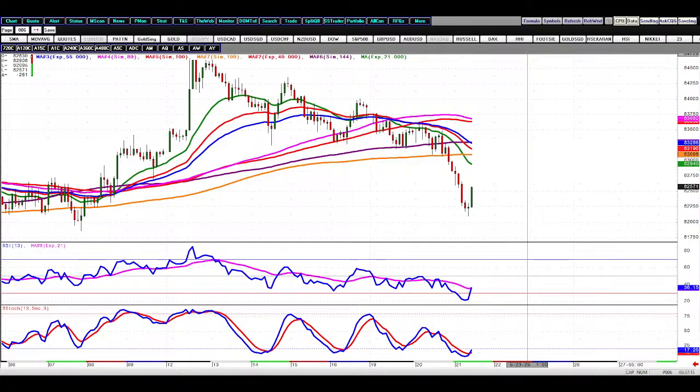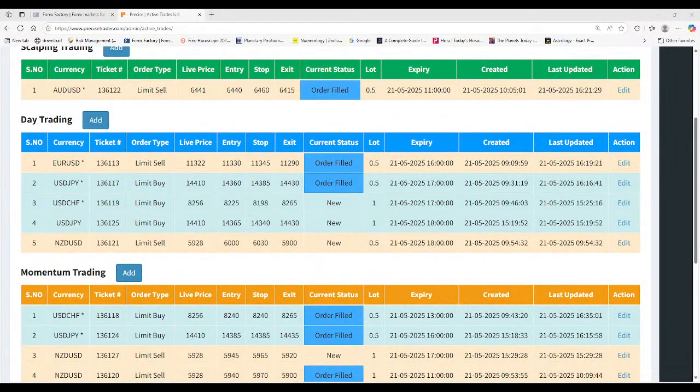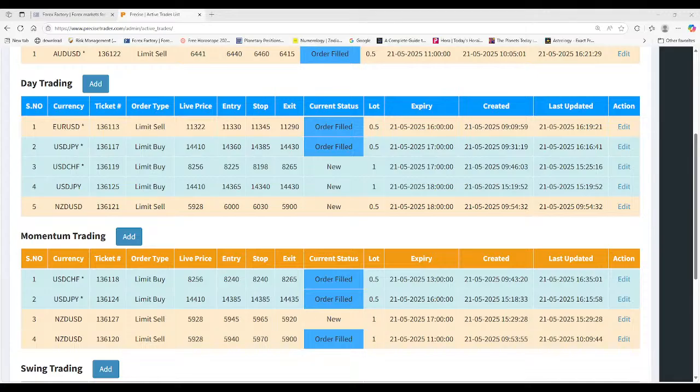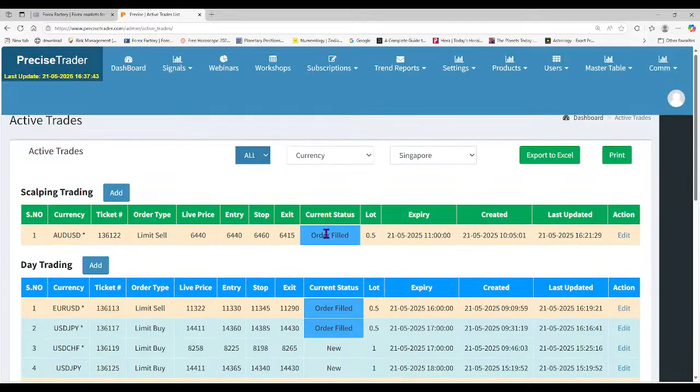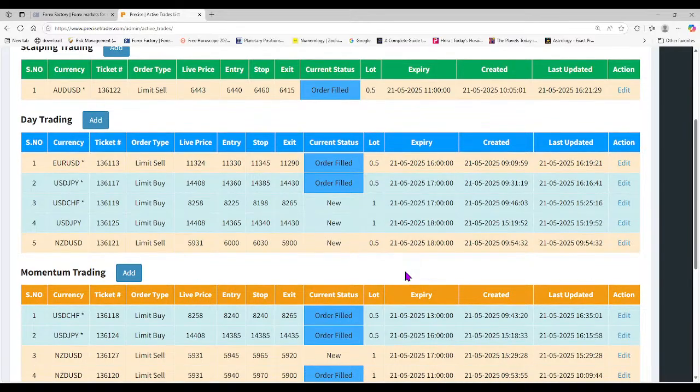Okay, so I think that's about it. What I would suggest for those of you is we'll try to close this trade in another 20 minutes. Then we'll take a profit. We'll try to get the maximum profit on all these trades. So all are making money. Then we'll be doing a re-entry again, in the direction of a dollar buy. Okay, we'll go for a buy on the dollar, then we will stick to that direction and we'll see.